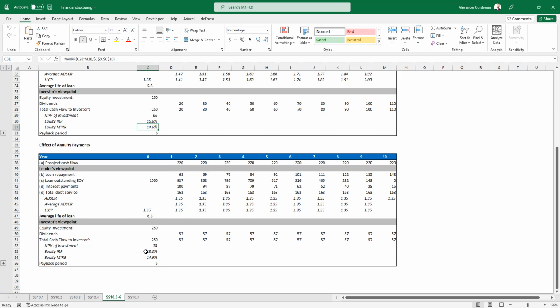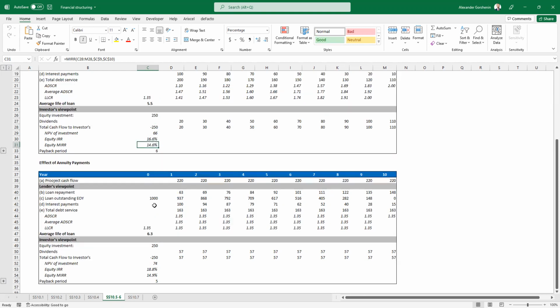I provide here both measures for you just to feel the difference between the calculations using only IRR and MIRR. The result is that when the boards of the sponsors approve equity investments in a project, this may be based on an exaggerated or overestimated idea of the equity return.